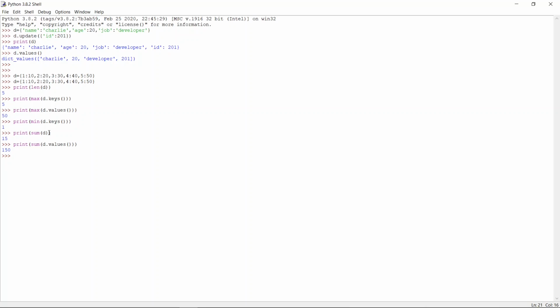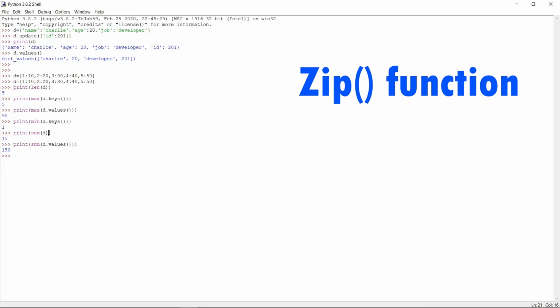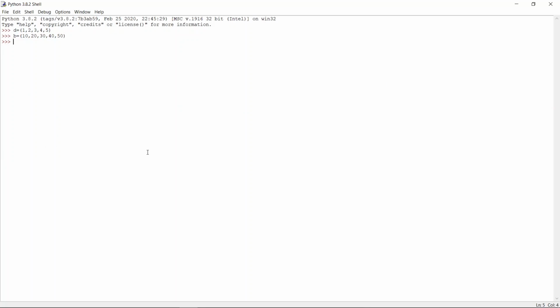The next one is zip. So how do you use the zip function? We created two tuples, so I'm going to take another variable, a equal to zip. Zipping means I'm combining the two values.